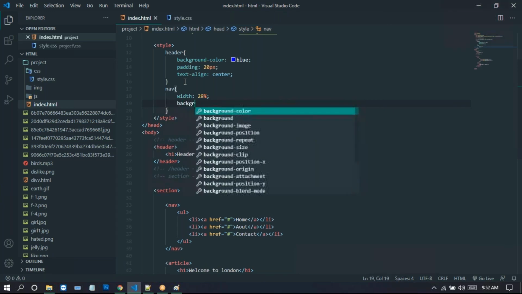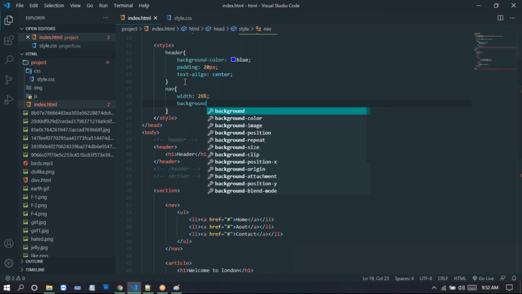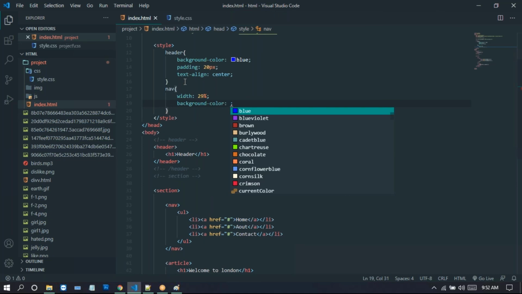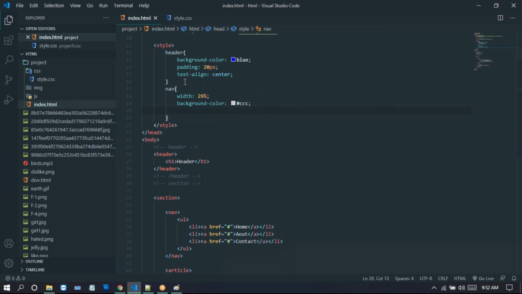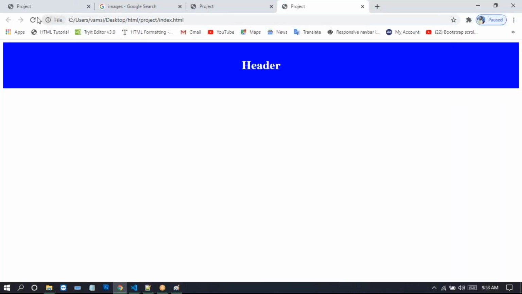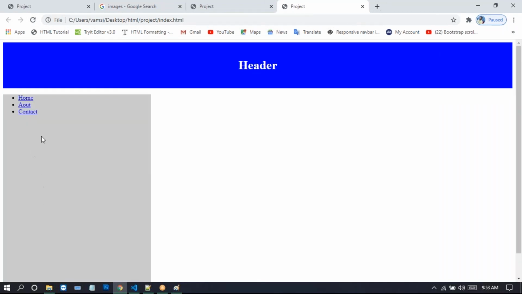Now here we just give background color. I'm taking this C. After that we just give height here. Height I'm taking 500 pixels. Now you can run this one on the browser.